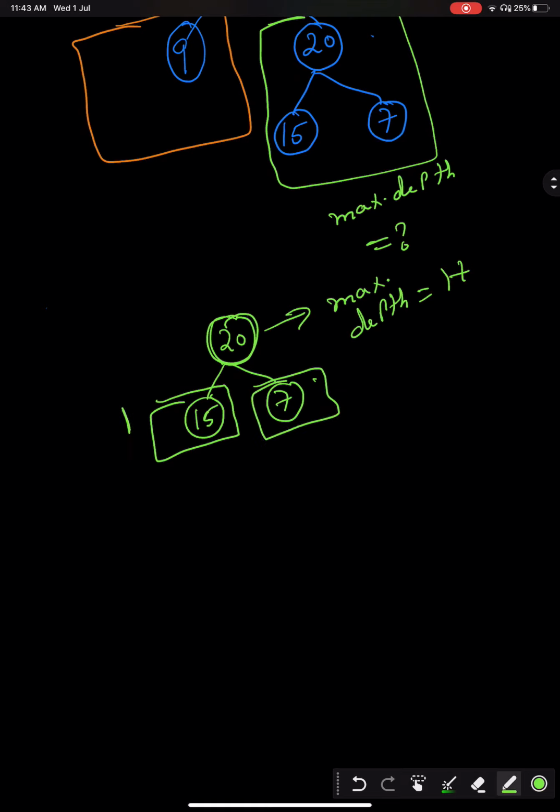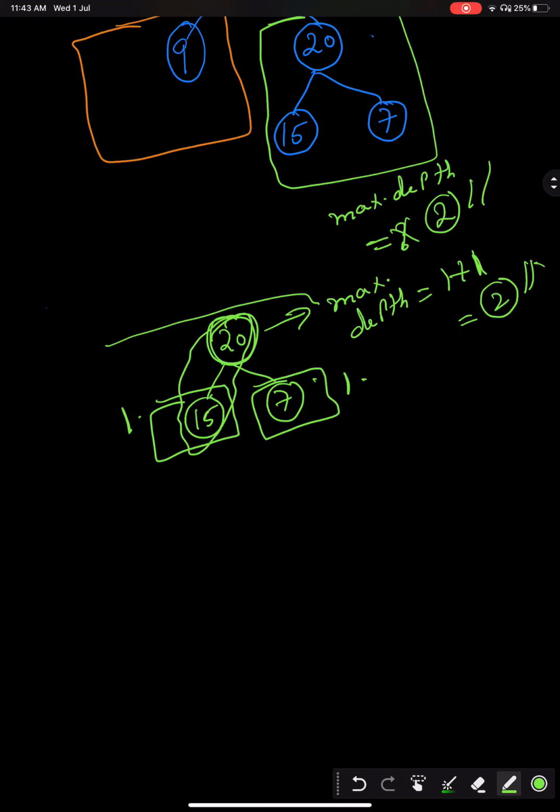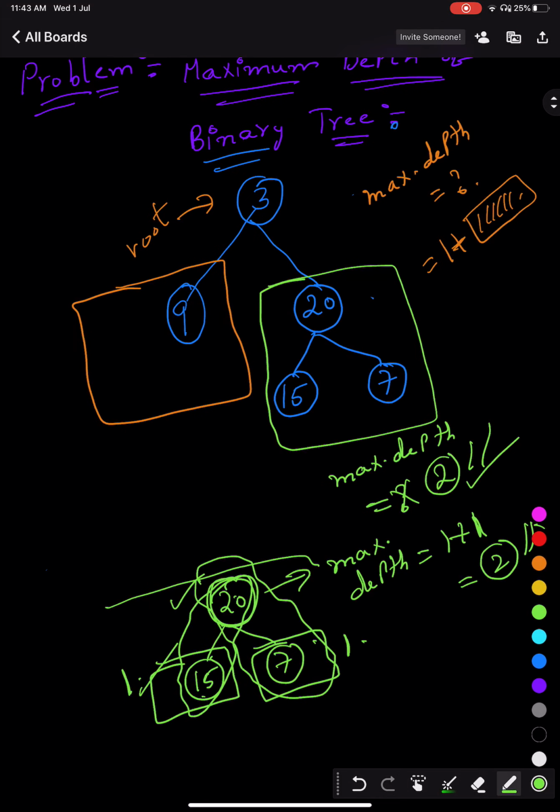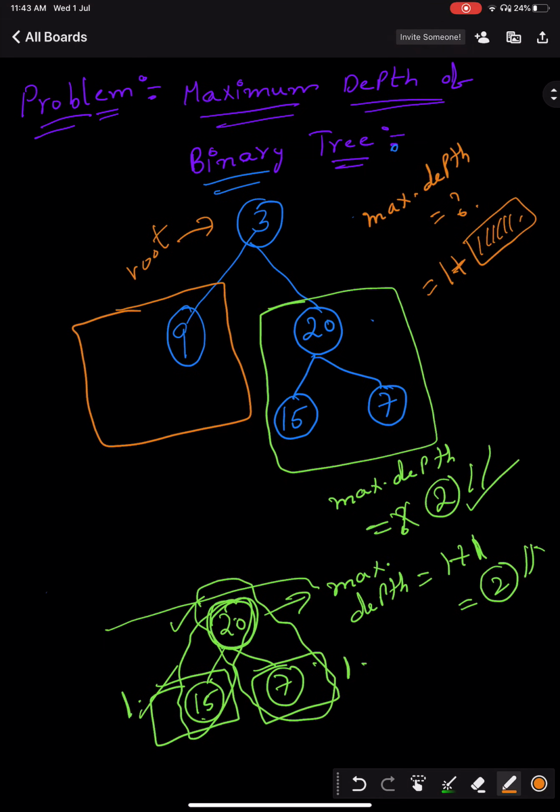Since there is only one node, the maximum depth of both of these will be 1. So it will be 1 plus 1, 2. So the maximum depth of this right subtree is 2, because you can take either this part of the right subtree or this part of the right subtree. In both cases, there are two nodes, 20, 15 here and 20, 7. So the maximum depth of this right subtree will be 2. And the maximum depth of the left subtree is 1, because there is only one node here.